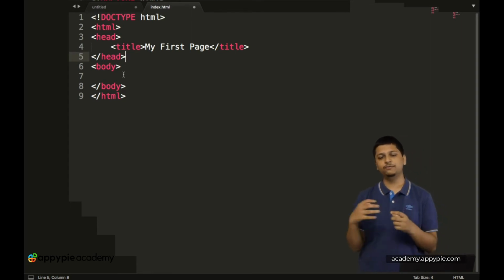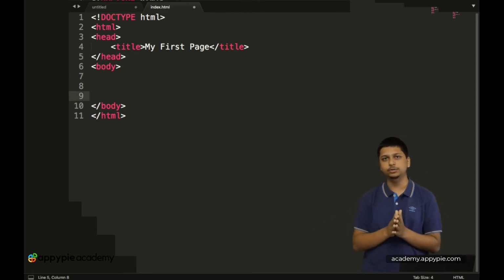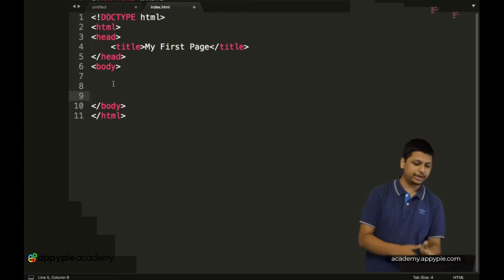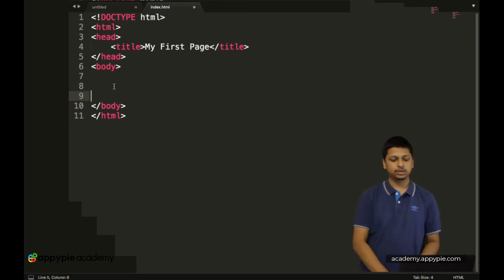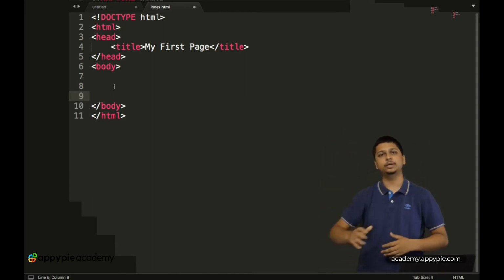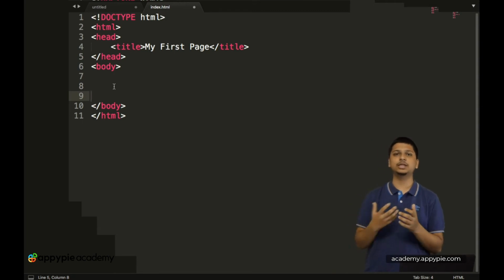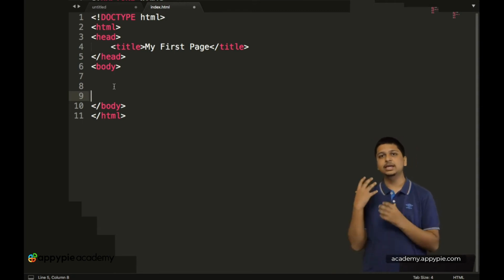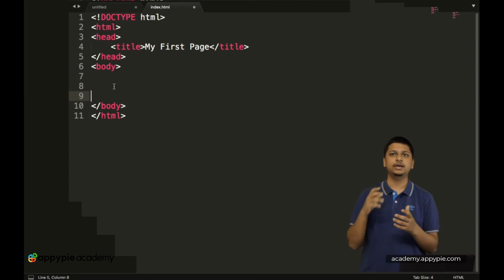Okay, so then we have the body tag. This is where all of your main HTML content will go, and after the body tag you have the closing HTML tag. A good practice is adding the JavaScript at the very last line above your closing body tag, so that after the entire page is loaded, you then load the JavaScript file, because sometimes JavaScript can be very heavy for the browser.